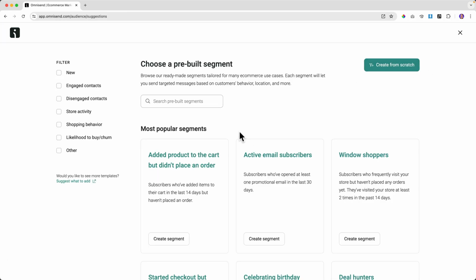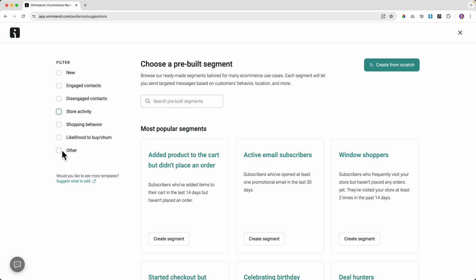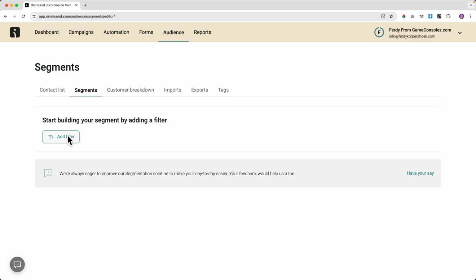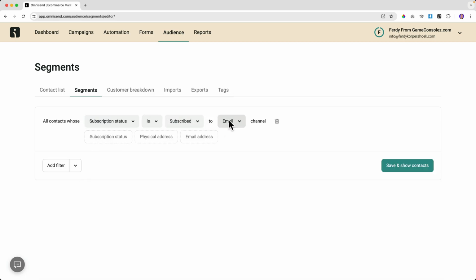create segments. You can take a look at all the segments over here, also based on store activity, but you can also create one from scratch. So I create one from scratch and I can start my own filter. Well, I always start with the subscription status is subscribed to an email. That's the first one. So everybody right now should be on this list, but then I'm going to narrow it down. So over here,